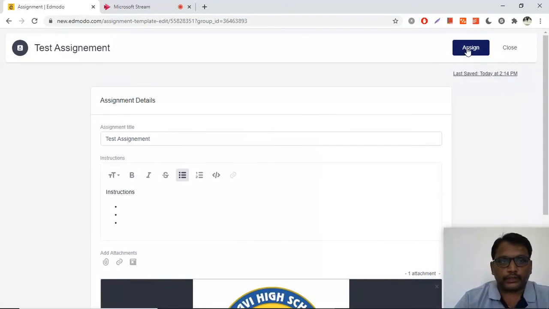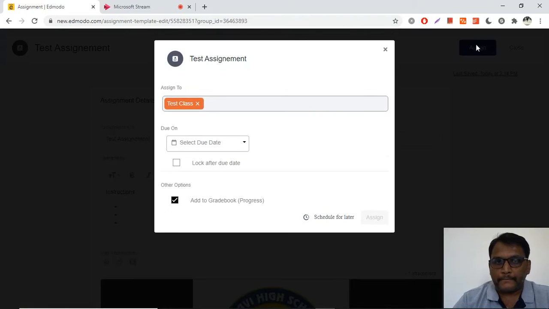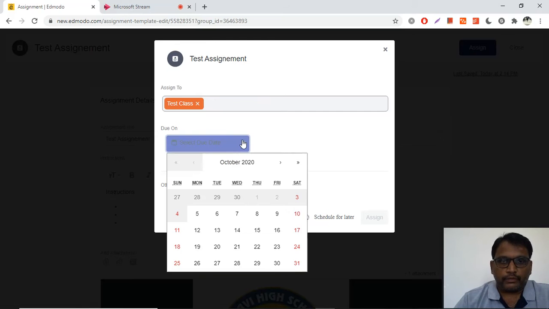So then after giving everything, tap on assign. As you're already creating this assignment in the class itself, it shows the respective class. If you want to give this task to multiple classes, then you can select multiple classes. In most cases, we will be assigning to a single particular class. So select the due date.